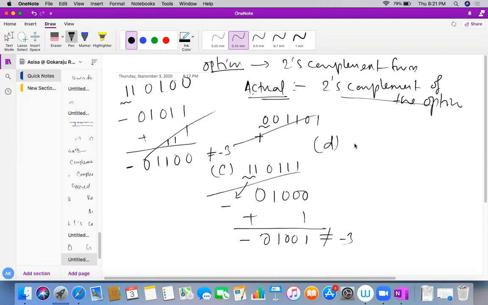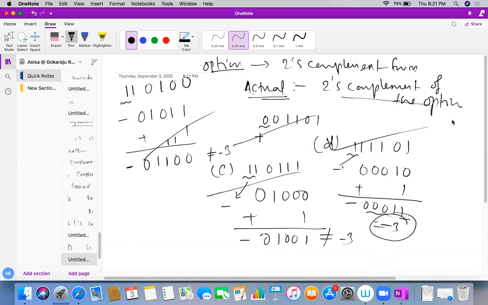So how? We'll prove it here, check it here. 4 1s 0 1. In order to do this, this is the minus bit, keep as it is, and make the 1s complement 00010, plus 1, which gives me the 2s complement 11000, minus. So see here, 00011 is what? -3. So D is the option. Do you all understand, students? Very, very important question. It already came in the exam. You can expect this type of question from the sign magnitude forms.